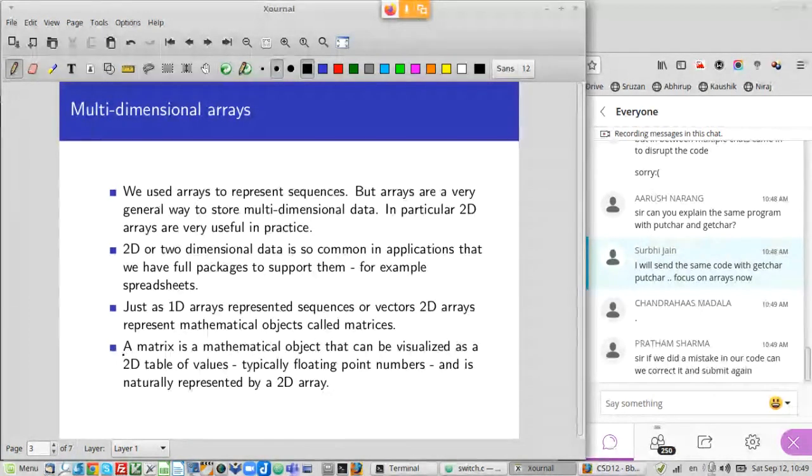C also allows you to have higher dimensional arrays, but the support from C for higher dimensional arrays is not all that nice. And in fact, it's even not so nice for 2D arrays. Later versions of C like C99 help you to do things much better, but right now we are using ANSI C mostly, so we are not going to use C99 features because not all compilers are still compatible with it. So we are going to stick with ANSI C, and ANSI C has some limitations when it comes to representing arrays. So let us see how we do this in C.